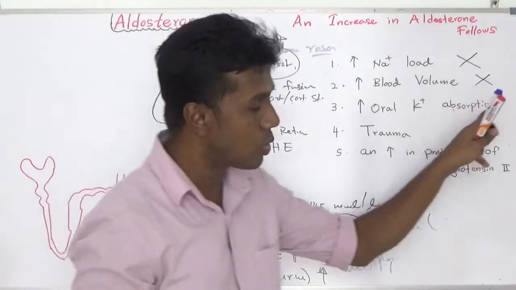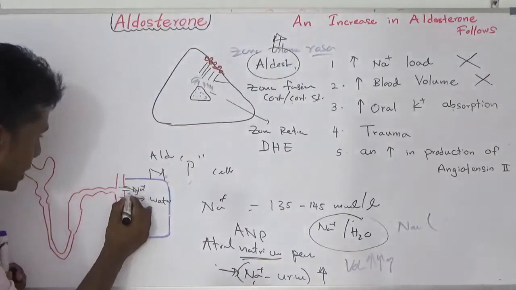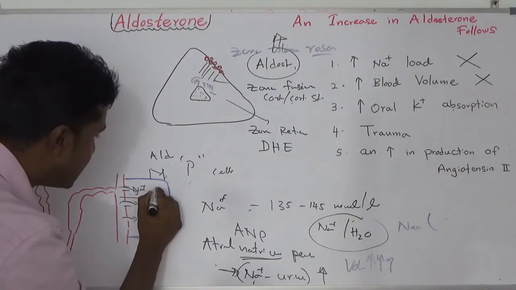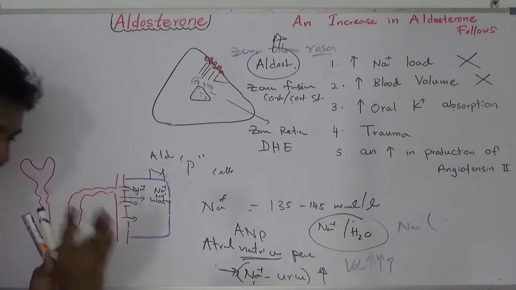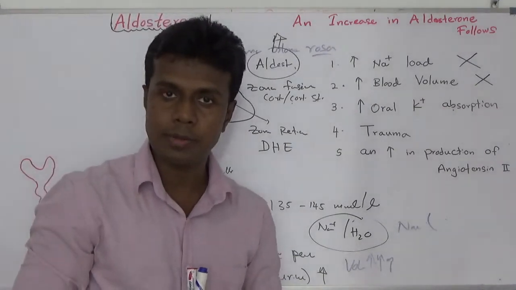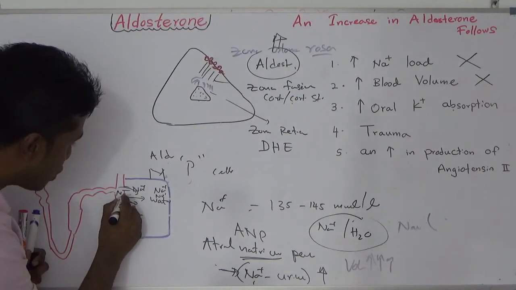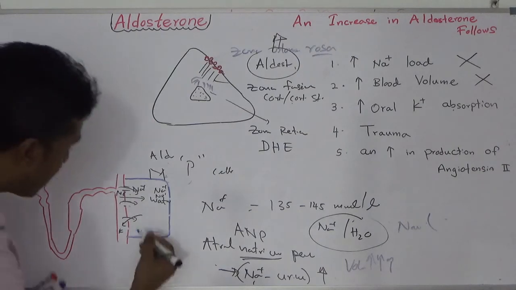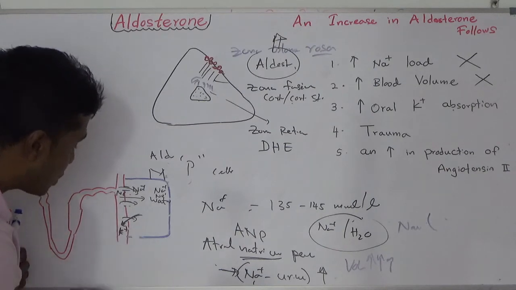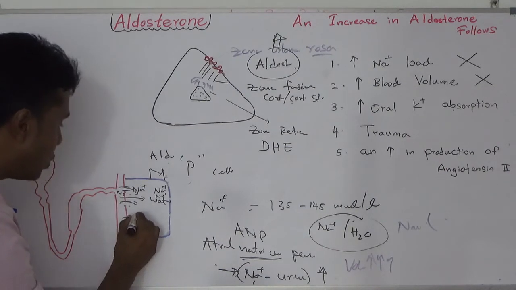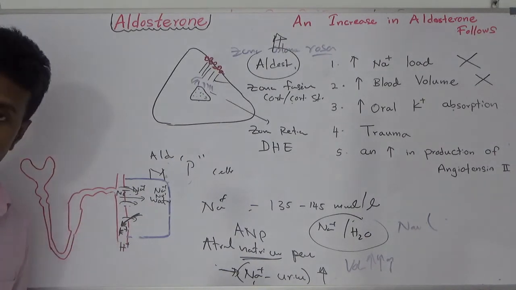Third one, oral solid absorption. What happens when you have high aldosterone? They are going to absorb sodium and water, so positivity inside increases. Why? More and more sodium absorption happens. To maintain electrical neutrality in your body, you have to push some positive ion out. They absorb positive ion from the luminal fluid, and now they want to put some positive ion into the luminal fluid. What they do is put potassium or hydrogen ion into the luminal fluid.